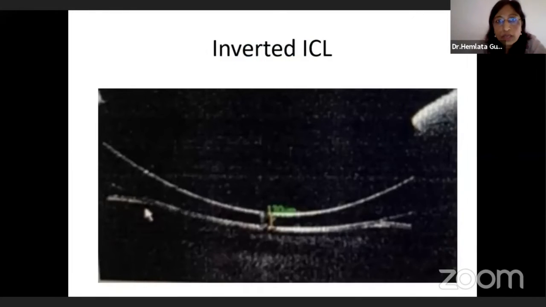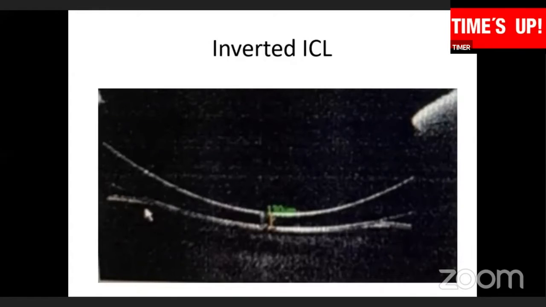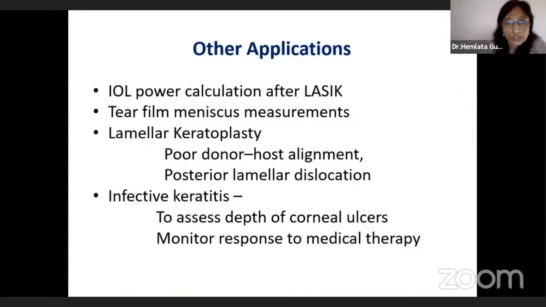And this was a case where actually the ICL went upside down. So this was inverted ICL, which was actually picked up on anterior segment OCT. And then we removed the ICL and re-injected it into the right position. So these are some of the other applications like IOL power calculation, tear film meniscus measurements, and it can be